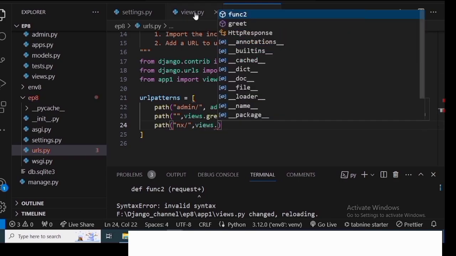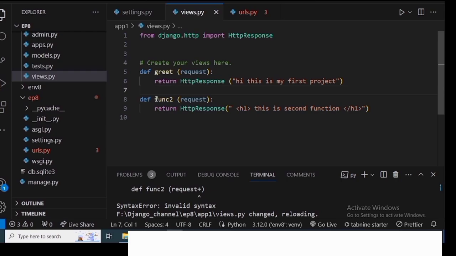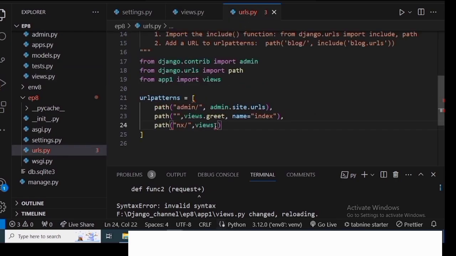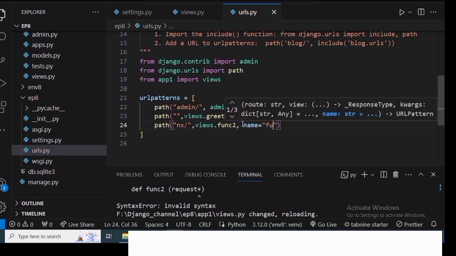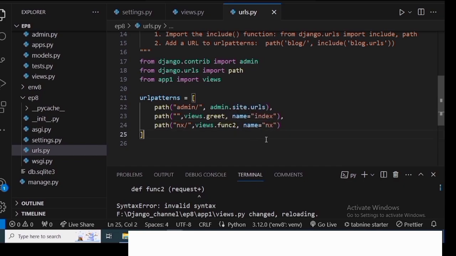The name of the function was func2. Don't make any spelling mistakes while writing the function. You can copy and paste directly. Namespace func. Save it. So now, whenever somebody is going to click on